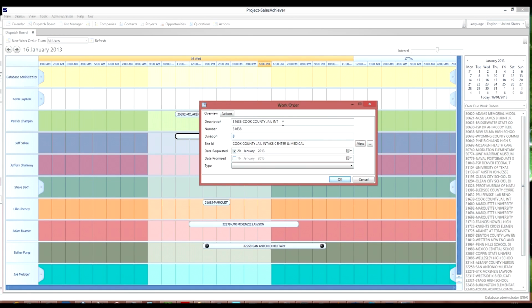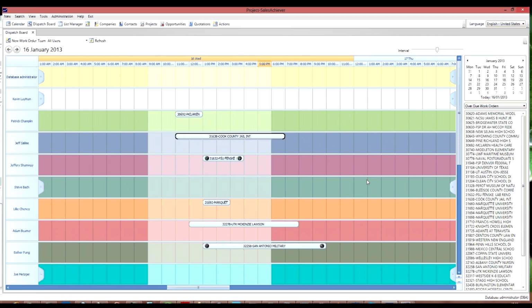This work order has a name and a number. It's also attached to a given site and can have a requested and a promised date as well as a type, for example, inspection, commissioning, and so on. This module is aimed at businesses who have service teams who are perhaps doing commissioning or inspection services, general contractors or products manufacturers who have teams doing installations,